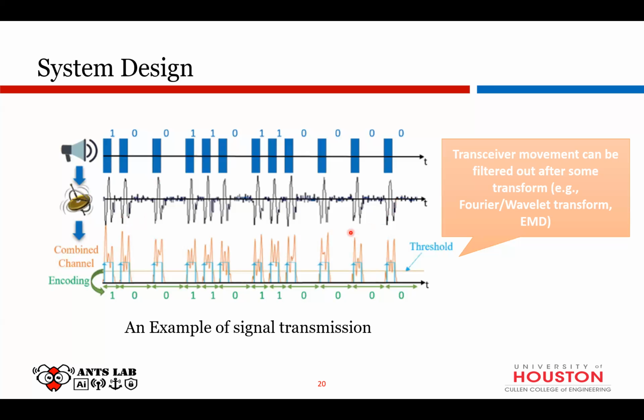random sample rate drift. So we can combine the two dependent axes to give us a combined channel, and here is the threshold shown in this line, and the information can be successfully reconstructed using PIE decoding. Just like I said, the movement can still be filtered out, so no problem for the noise removal. So here is the overall story for the system design.